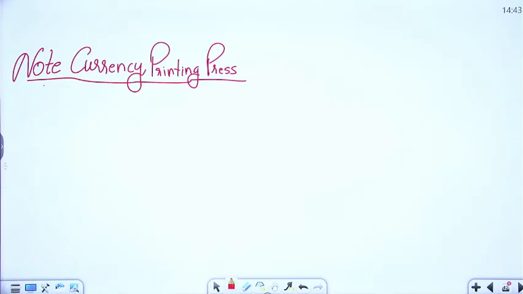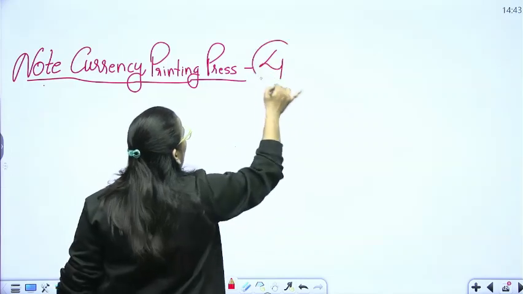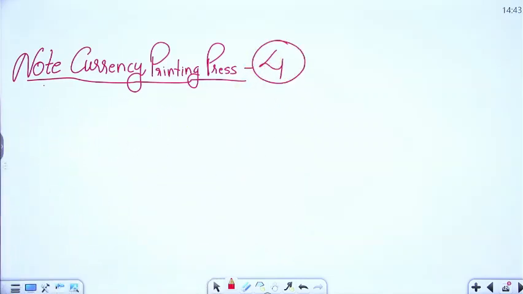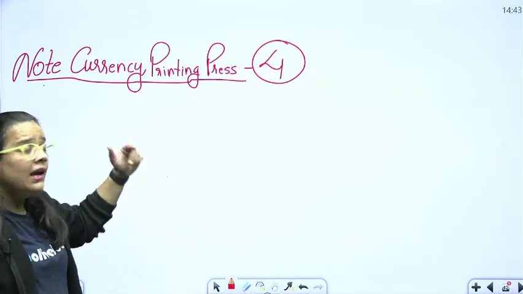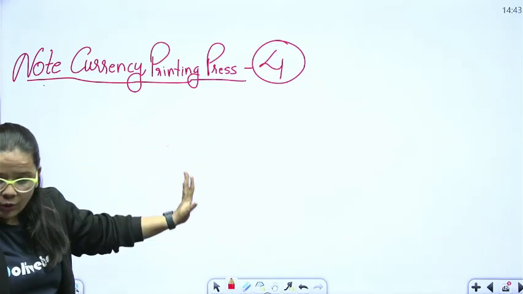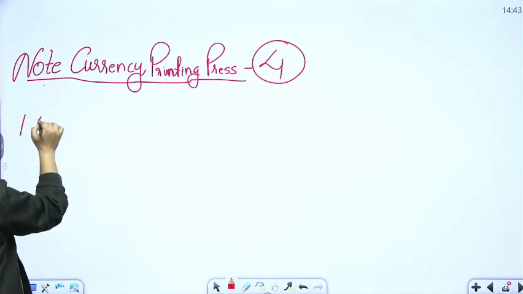See, so basically RBI has some note currency printing presses, as I've already told you. There are 4, but there's one issue: 2 of which are owned by RBI and the remaining 2 are owned by the government of India. Okay, the presses which come under the RBI part